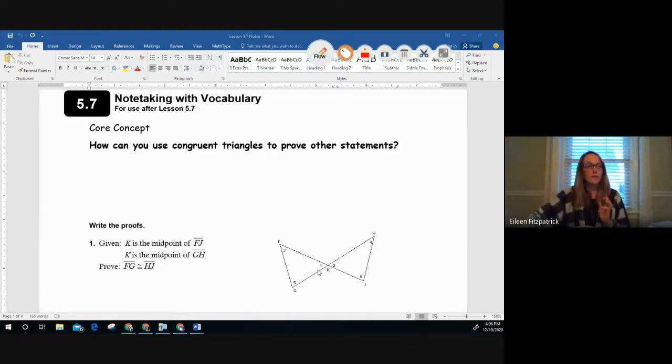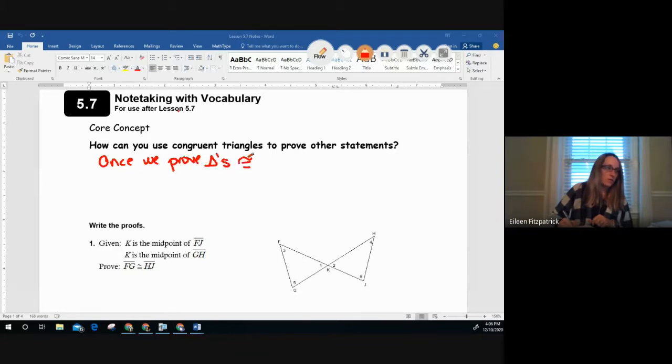What I mean by that is if I know that this triangle right here is congruent to this triangle right here, then every angle of this triangle is congruent to its corresponding angle in this one. Every side in this triangle is congruent to its corresponding side in the other triangle. So that's the goal. We want to prove the triangles are congruent, and then that'll allow me to get to the next statement of proving another piece. So when it says, how can you use triangles to prove other statements? We're going to say, once we prove